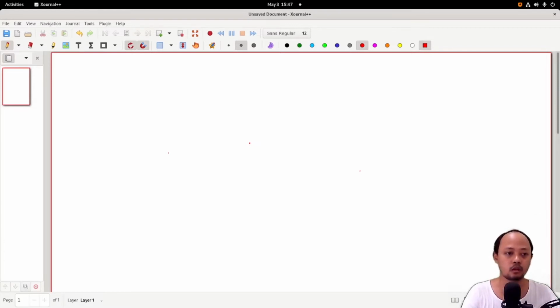So if I draw the NAT setting in VirtualBox, it will be like this.